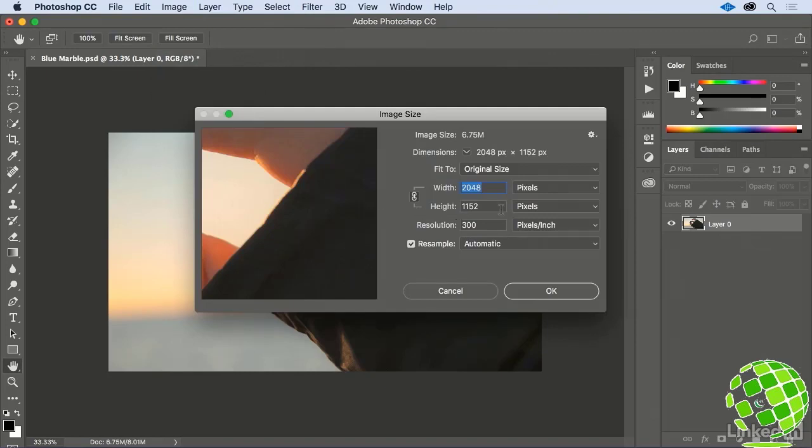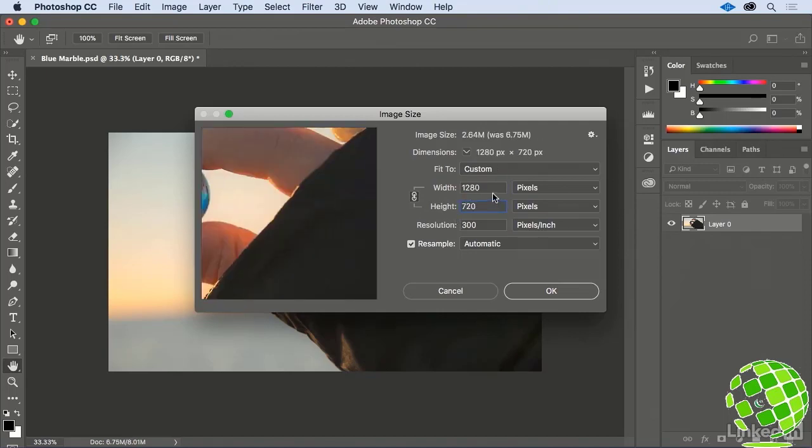Now for most presentations, if you build your slides at 720p, you're going to be golden. So you'll want to make sure that the width and height options are linked together and that your units are set to pixels. Then, since the height value for a 720p image is 720 pixels, that makes it easy to remember what to enter. Just type that in for your height, and your width should automatically adjust for you to